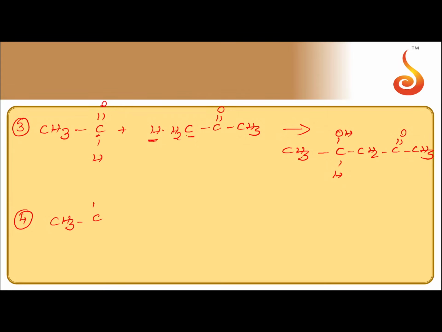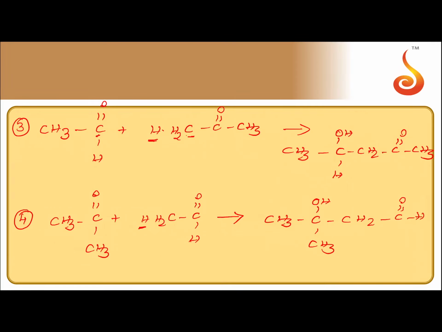Now let us see the fourth product. I will fix the ketone here and use the alpha hydrogen atom of the aldehyde. So write the alpha hydrogen atom of the aldehyde separately so that it will be easy for you to write the product. What I told you: this hydrogen will form a bond with oxygen and the two carbon atoms will form a bond with each other. So CH3C(OH)(CH3)CH2CHO. These are the four different products obtained in crossed aldol condensation.